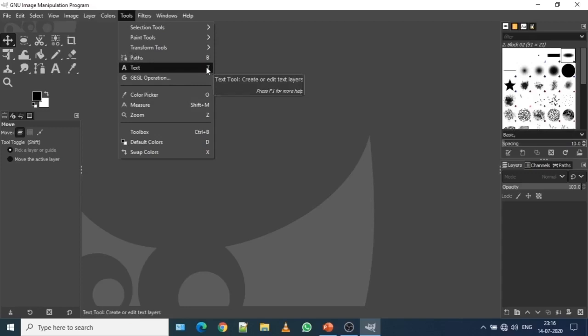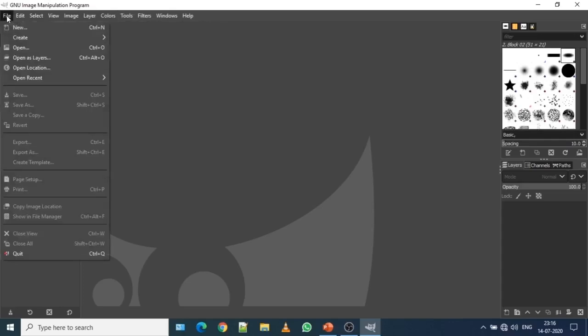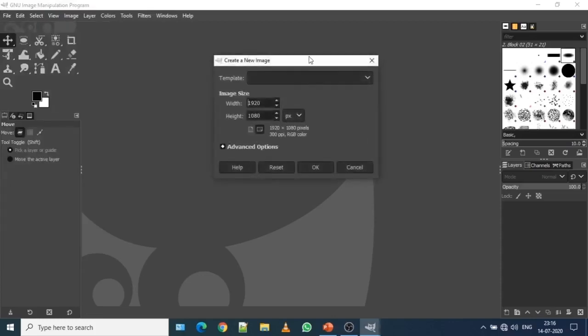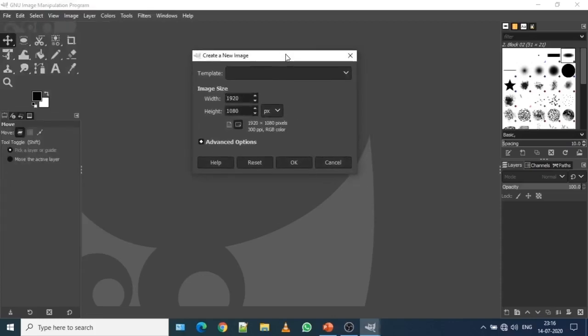But before using this tool, you have to open an image editor or the artboard area. You already know how to open a new file. Click on File, click on New or press Ctrl N, and select the measurement of the image size.